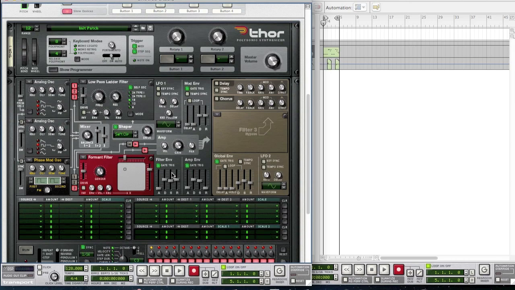For the filter envelope, you want to bring the decay, the sustain, and the release all the way up. And for the amp envelope, you want to bring the attack up a tiny bit to 9. Bring the decay a tiny bit down to 2.24 seconds, and bring the sustain up a bit to minus 15.9 decibels. And for the release, you want to bring up a bit as well to